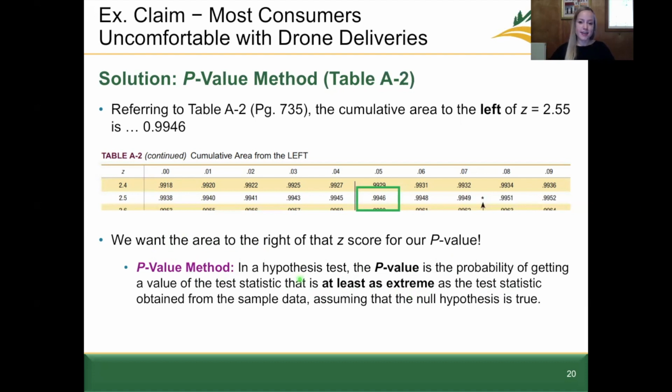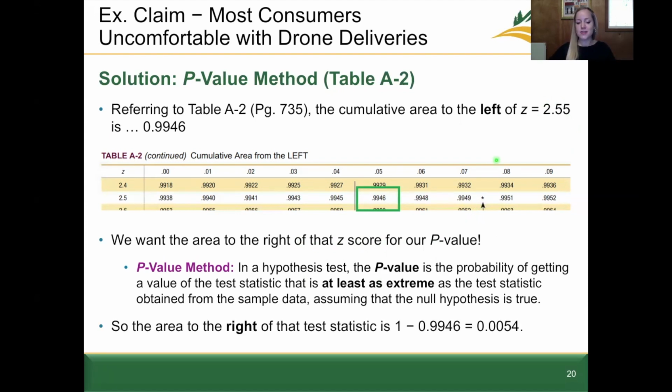So for us here in this example, our z-value is 2.55, then our p-value is getting a probability or area that's at least as extreme as that z-value. And at least as extreme for us is going to be any number that's to the right or that's greater than that test statistic or that z-value. So to truly get our value of interest then, to get the right of the test statistic, we take 1 minus this value, so 1 minus